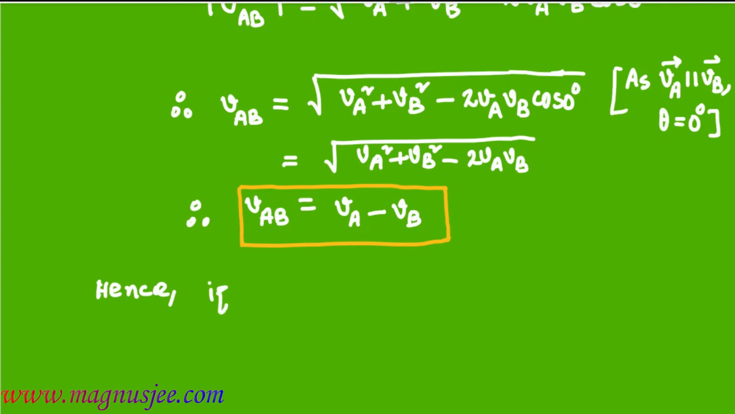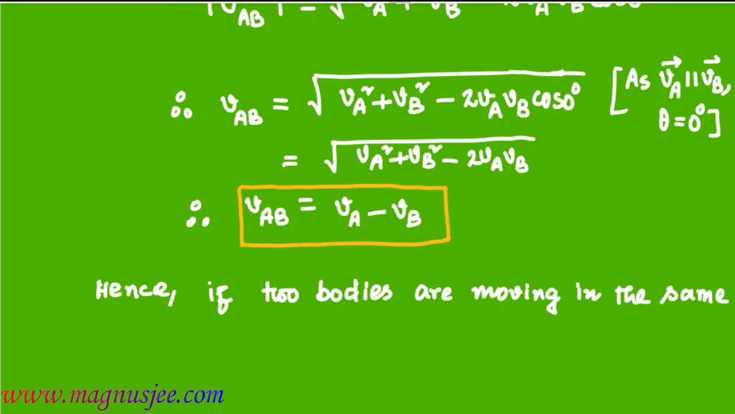Hence, if the two bodies are moving in the same direction, the magnitude of relative velocity of one body with respect to another is equal to the difference in magnitude of the two velocities. If two bodies are moving in the same direction, the magnitude of the relative velocity,